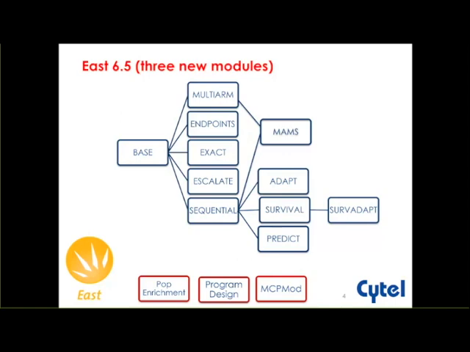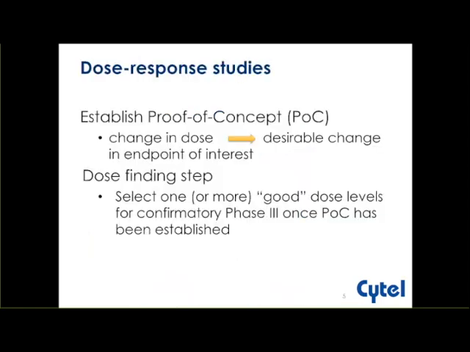So let's begin by going first into the MCPMod module, which deals in general with dose response studies. The goals of these studies are to establish proof of concept and see basically how a change in the dose results in a desirable change in the endpoint of interest. The second goal is a dose-finding step, one that tries to select one or maybe more than one good dose level so that it can be passed over for a confirmatory phase 3 trial once proof of concept has been established. The current approach, the traditional approach,